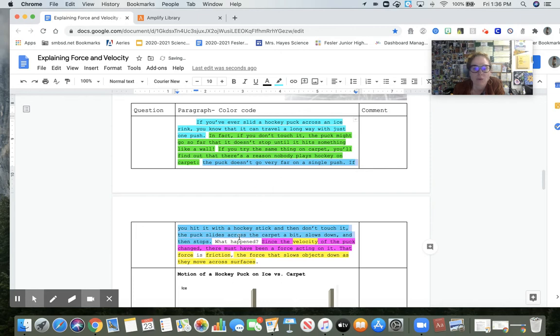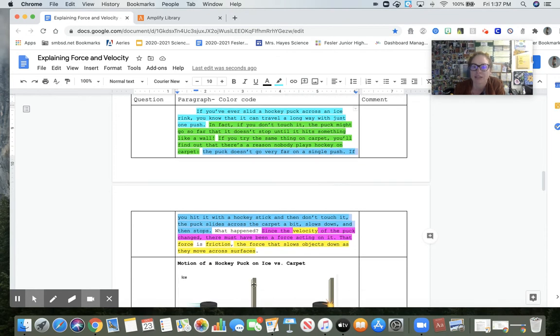Okay. So then the "what happened" is explaining, and that's going to be the main idea. The main idea is in that pink sentence right there, right? Plus then friction, which is our new vocabulary word. So if I'm color coding the whole paragraph, most paragraphs should have most of it color coded, not just one or two lines. And notice I have most all my colors. I understand mixing up blue and green, and that's okay. But definitely I should see pink and some blue or green in every paragraph.